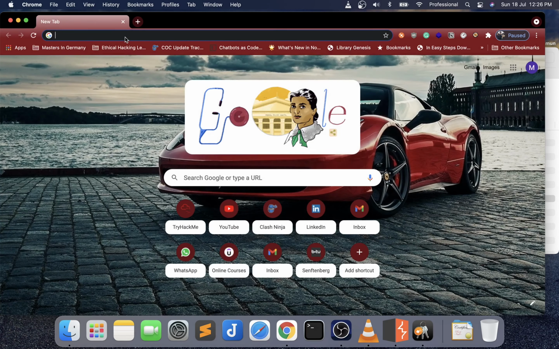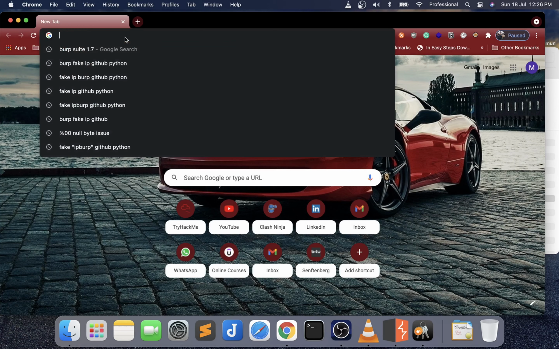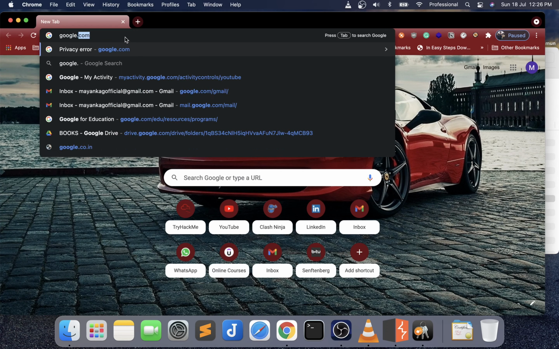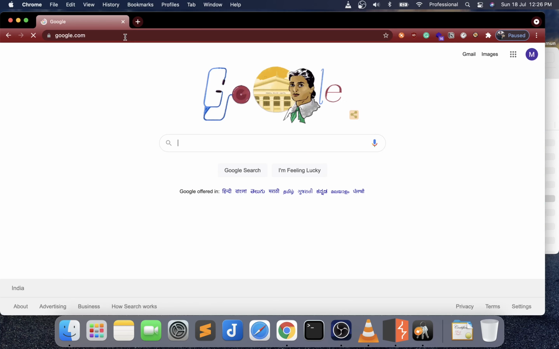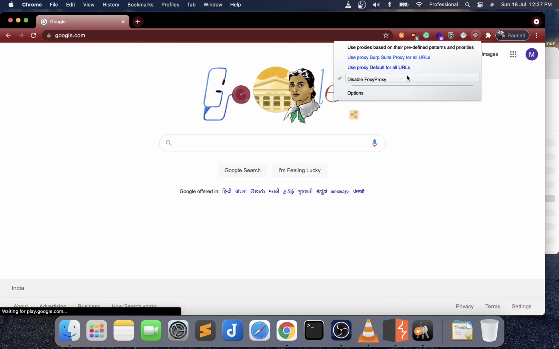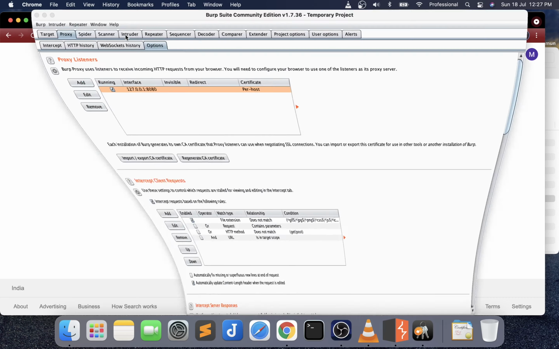Now let's run our website and see if it is working with the proxy. We'll do google.com. Okay, so this worked, but we are not using any proxy, so it is right now disabled Foxy proxy. So that's why it didn't go through the Burp Suite proxy. Now let's use proxy and again reload this site.